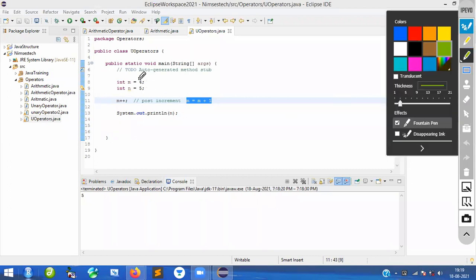So what I have taken, this is m. What is the value? That is 4. Okay. What I'm doing here, m plus plus. This is post increment. Nothing but what? Take the value of m, that is 4. I'm taking the value of m, that is 4, plus 1. What value will you get? You will get the value 5. Finally, you got the answer. This answer 5 will be assigned to m once again. This is the reality.